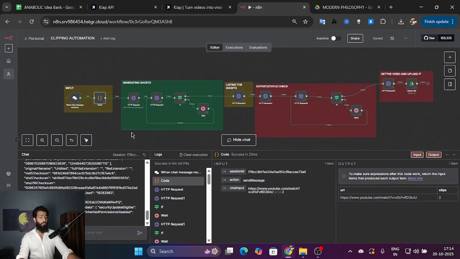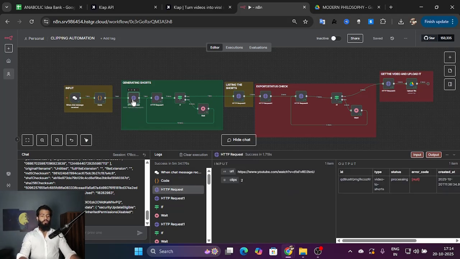By the way, Clap is not expensive. It's cheap, and you can run it passively. You just have to add the scheduling part. That's it, and it'll be clipping and posting on your behalf. So good, right? Anyway, after this, since we have the input URL and clips, we want to go to the API